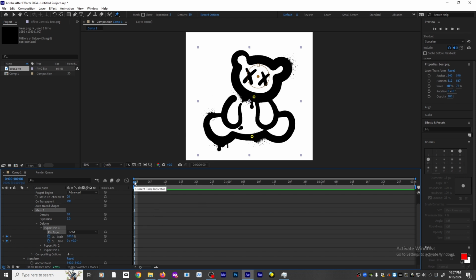Now, when you first set up your puppet pins, you'll notice it sets a keyframe. The little stopwatch is blue, and there's a dot on the timeline. So it sets a keyframe the moment you put the pins in, and now I'm going to move forward about a